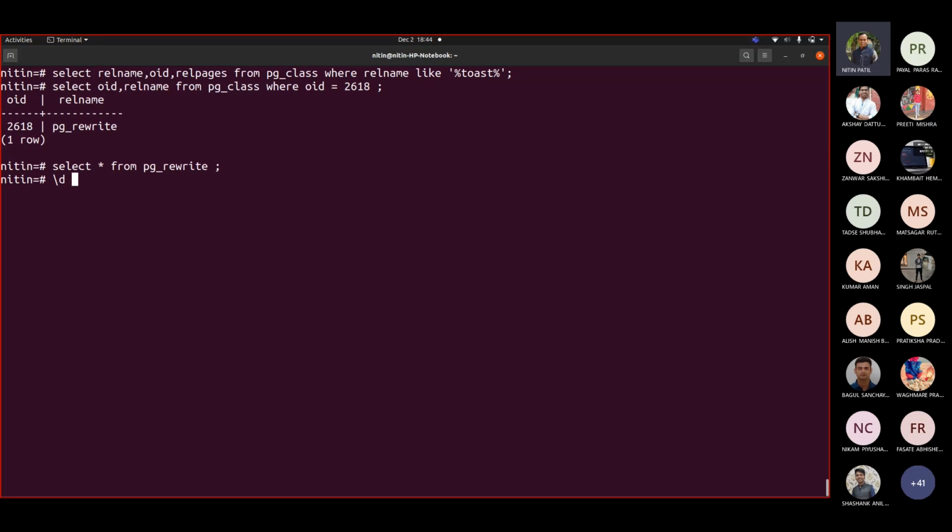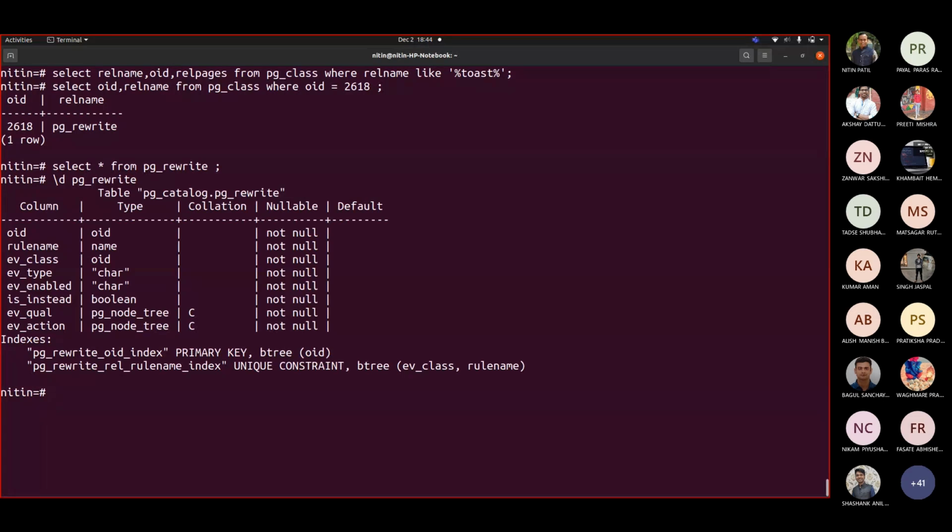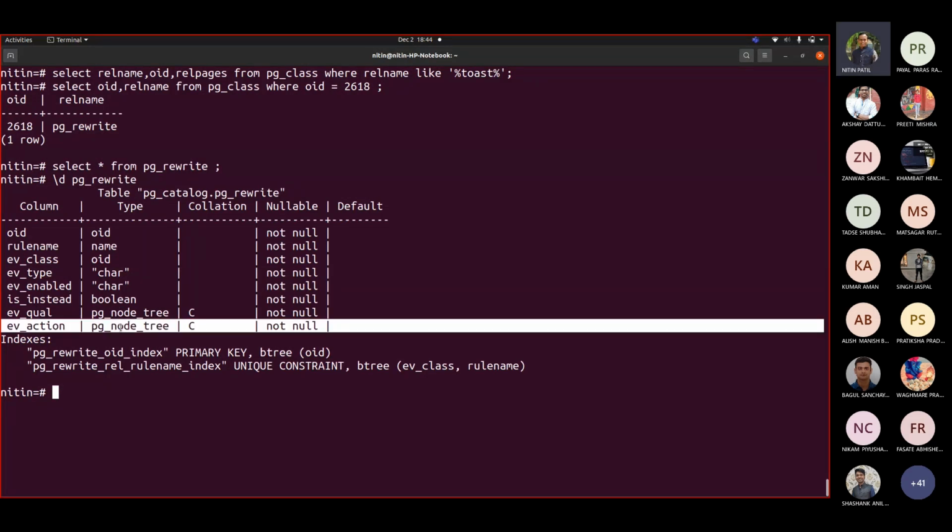Let us first see slide D, PG rewrite. You may ask, where exactly do you see text added there? You never will see text here, but it has a type of PG node tree, and that is taking it at that place.